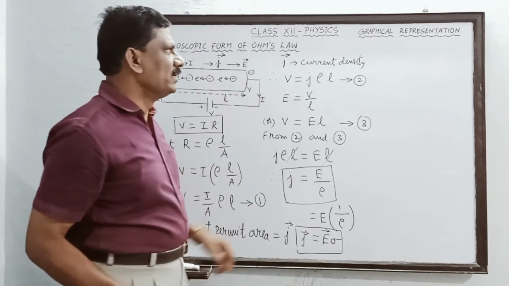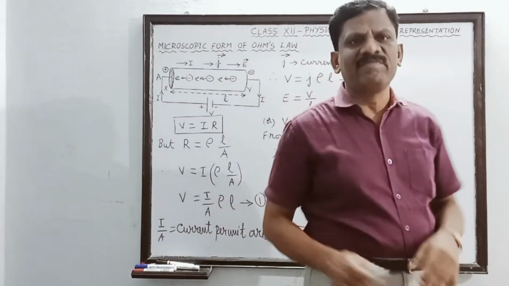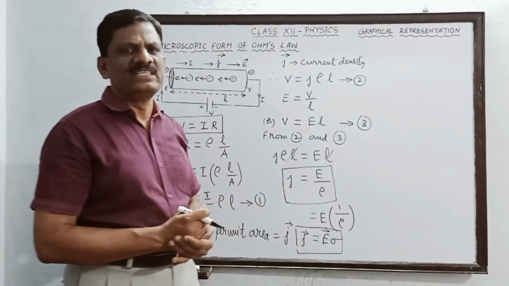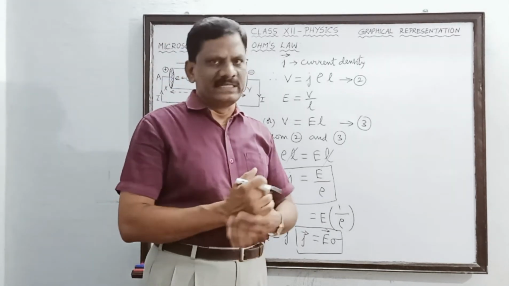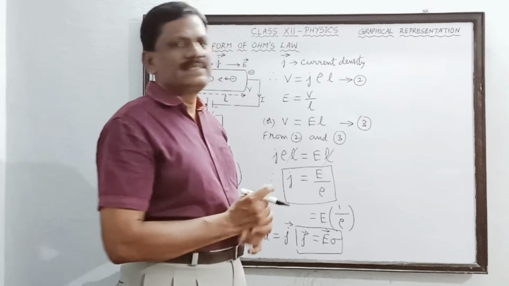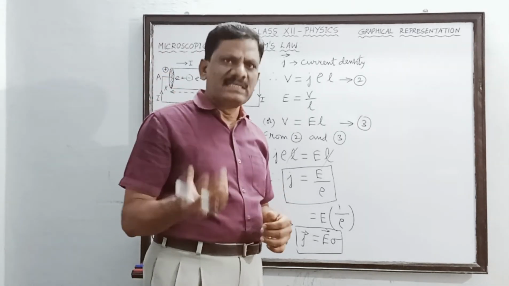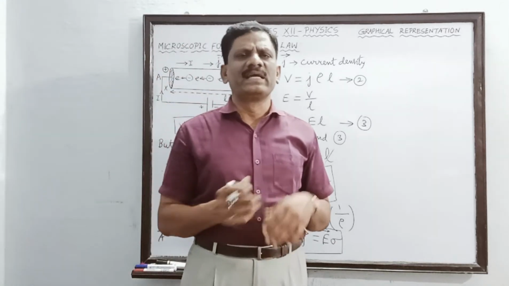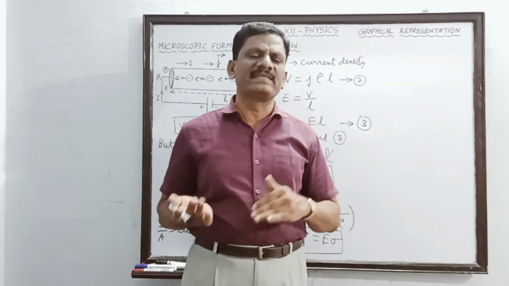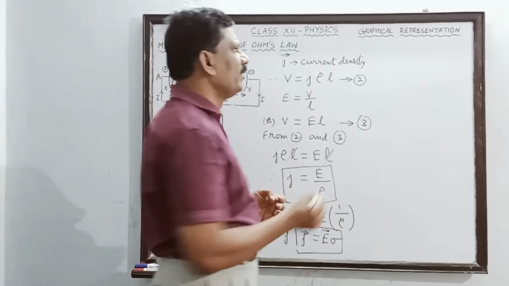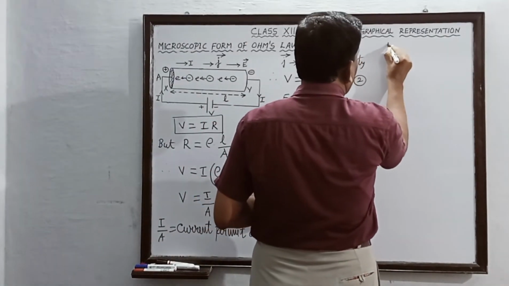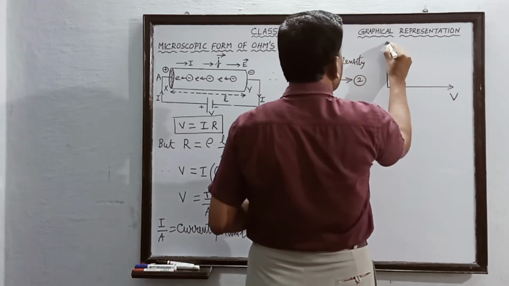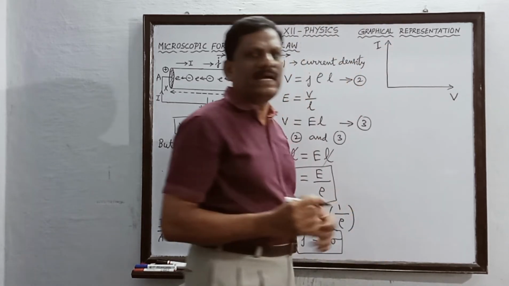Understand? Okay, now the graphical representation of Ohm's law. Generally, we draw the graph between the potential difference and the current. So it is the choice of the person who takes the voltage along the x-axis or y-axis. Similarly, current also can be chosen either along the x-axis or the y-axis. Now, what will be the graph if you draw a graph between the voltage taken along the x-axis and the current taken along the y-axis?